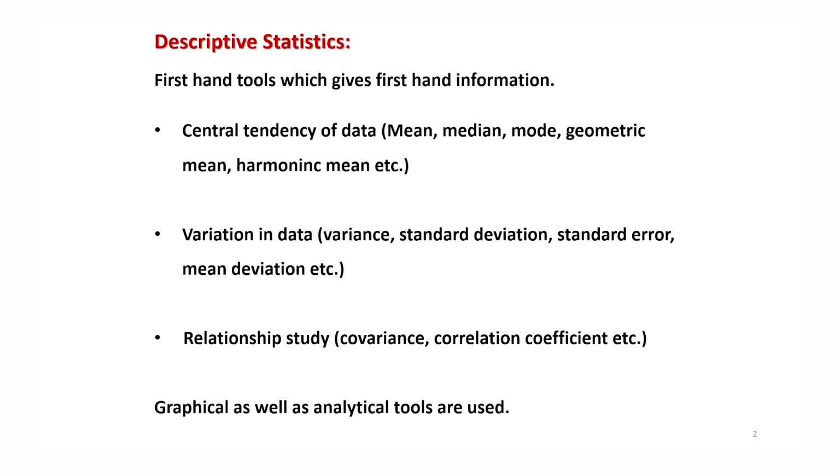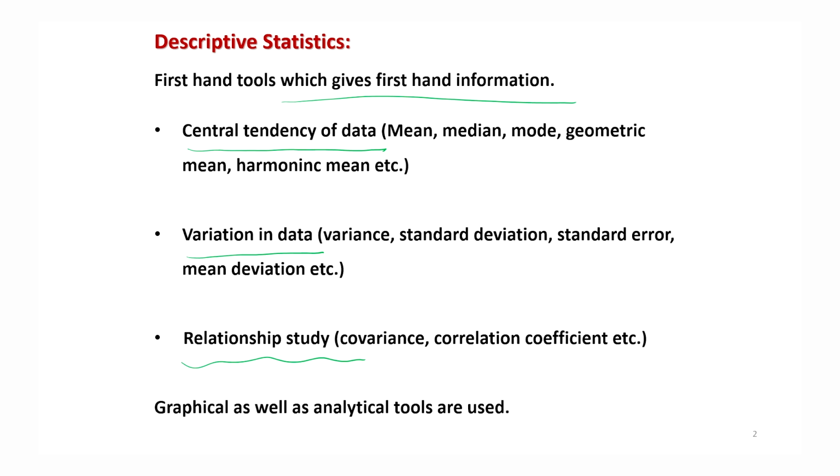So yeah, before I go into any other direction, it is obvious that whenever we get any data, we would like to get the first-hand information. Before we go for any multivariate procedure, we would like to understand the nature of the data. Based on that, we can take a proper call. So usually, we try to understand what is the central tendency of the data, what is the variation in the data, what type of relationships exist in the data, and we want to study them.